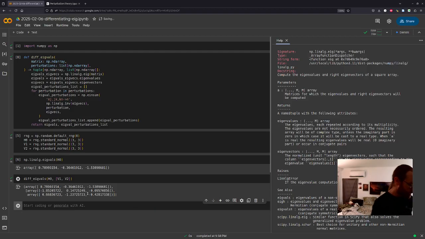And so what this should be is that if I add a small number times v1 to h, then I should get that small number times the eigenvalue perturbation added to the actual eigenvalues of the thing. So let's define a test, finite difference eigenvals.